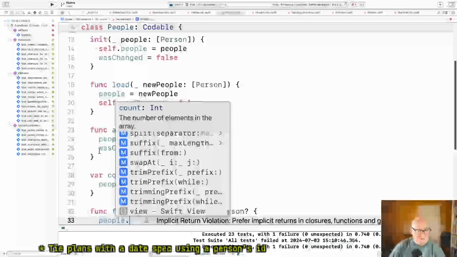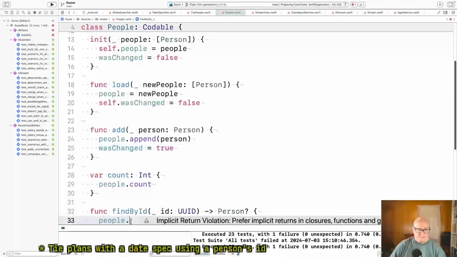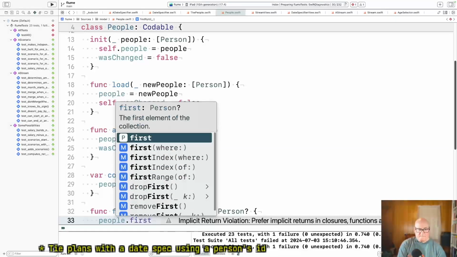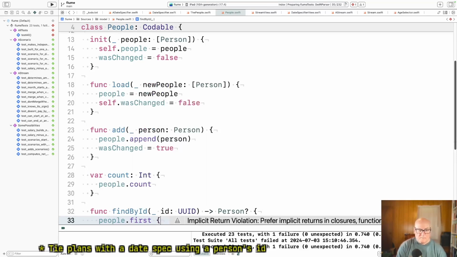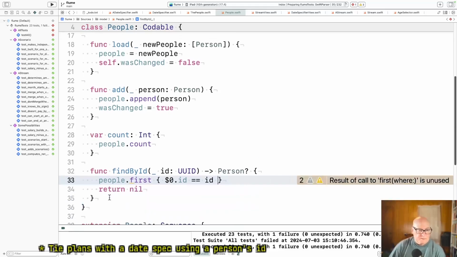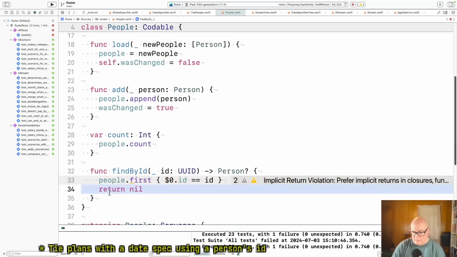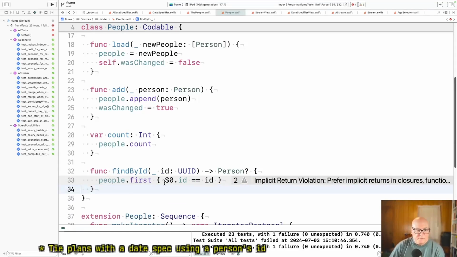I guess I missed it. Okay, so first matches on ID.